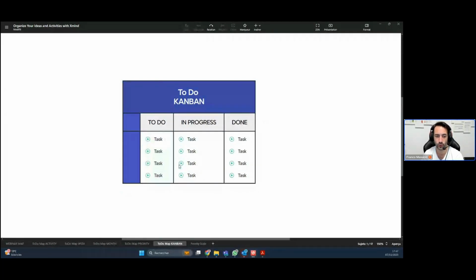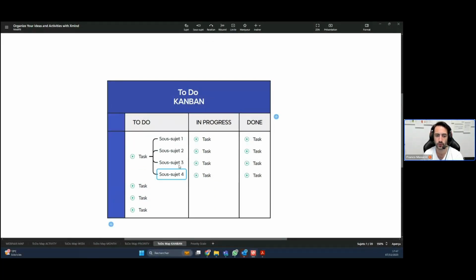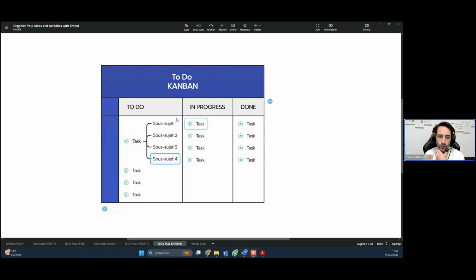And of course, you could also put, and that's a very good feature in Xmind and in visual tools, some description and some specificities of the task in the sub branches, and it's not only a list of tasks. You could also put subtasks